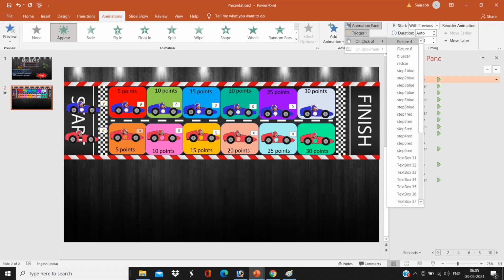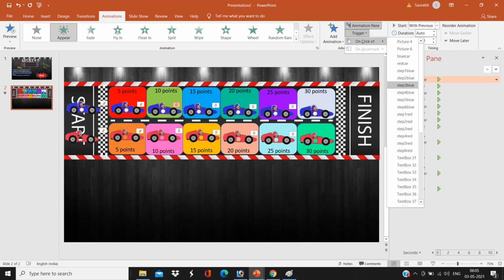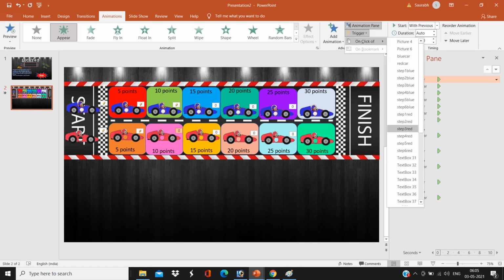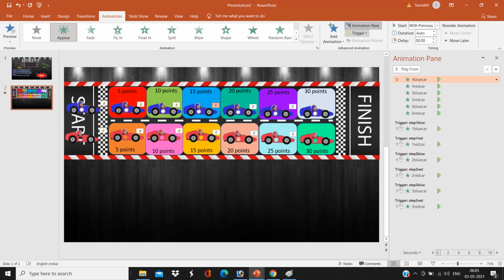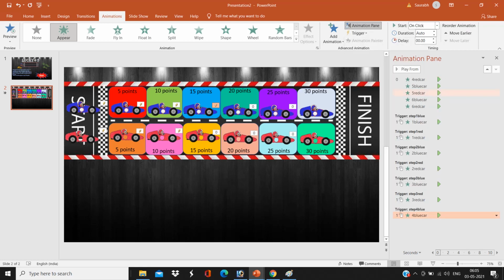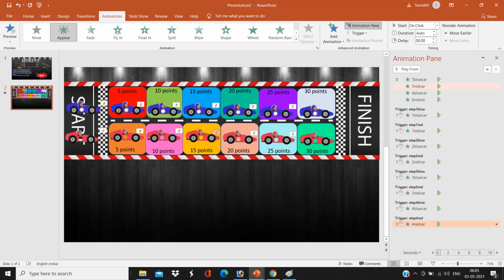What actually we are doing here is when we click on that first rectangle, that car should appear. When we click on the first red car rectangle of our second row, that car should appear. So we are giving the trigger point of these rectangles. For every particular block, give the trigger point of that rectangle only.